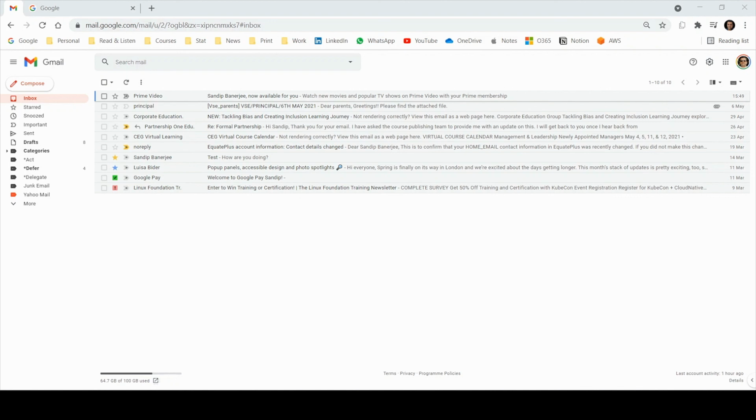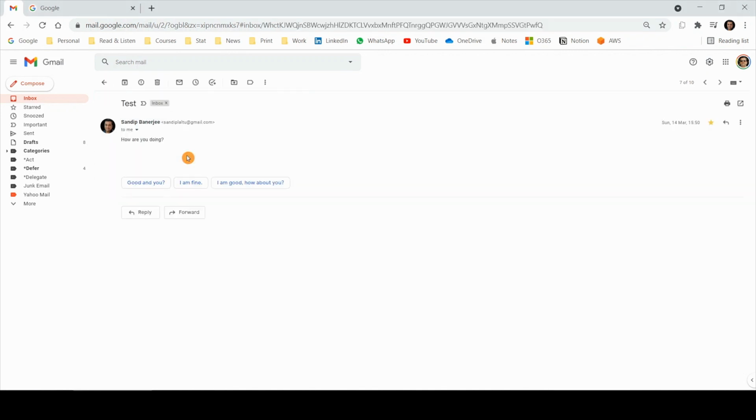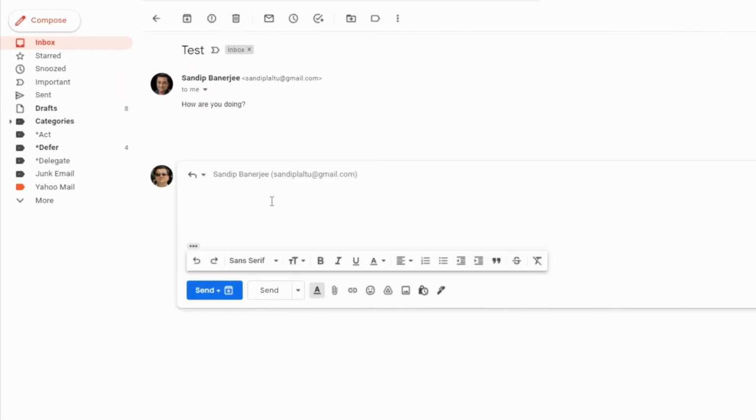Let me show you how I normally do that. If I open any email and go to reply, you can see I have one additional button here, the blue one, that is send plus archive. So I have these 2 options. I can respond to this email and just send; the mail will be sent, but this email will still reside in your inbox.